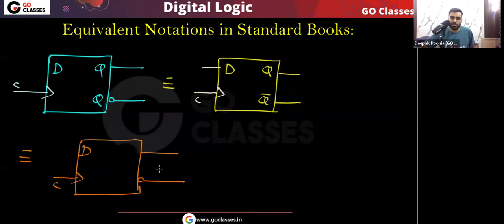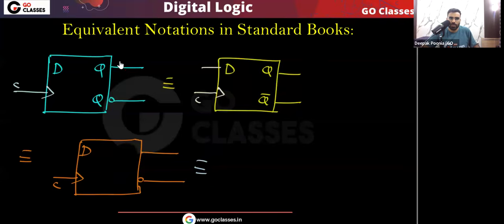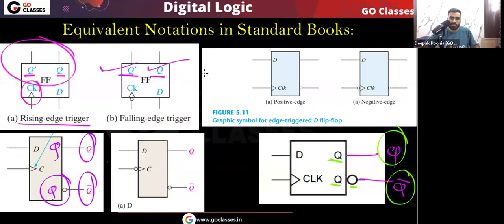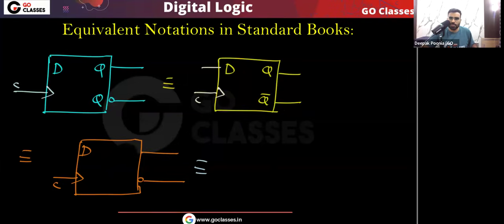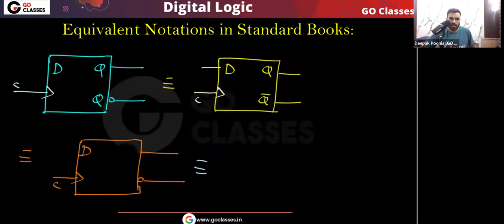This is also perfectly fine. There is no ambiguity here also. All these have been used, and all these symbols you can find in the standard books. This also you can find, and this also you can find. You have a D flip flop,